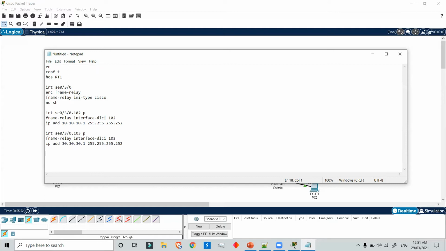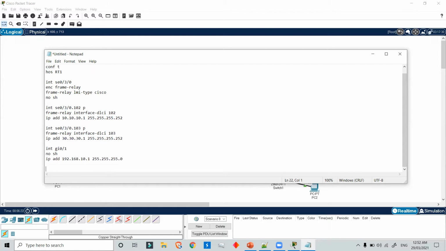Then we will configure the port Gi0/1. No shut to activate the port. Then IP address 192.168.10.1. Then we will create an IP DHCP pool to provide the IP address to the PC dynamically.